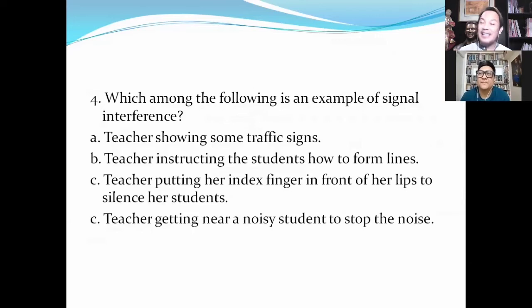So, there is such thing as signal interference, proximity or nearness, or sometimes you also use dropping the name. How do you do dropping the name? Halimbawa, nagdi-discuss ka ng rule of adding similar fraction, pero si Maria, hindi siya nakikinig sa'yo. So the teacher can say, okay, the rule in adding similar fraction is very easy. Maria, all you have to do is to add the numerator and then you copy the denominator. Maria. So the mere fact na dinrop mo yung name niya, alam niya na siya yung medyo hindi maganda ang behavior. Ititigil niya na yon. But according to preference, ang una mong gagawin is signal interference. Yun ang pinakamabilis at pinaka-effective.